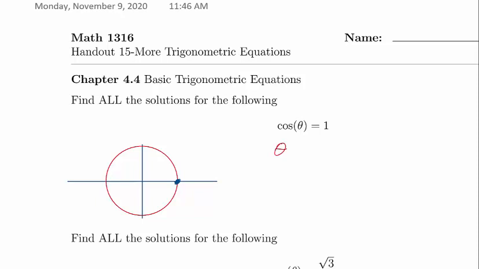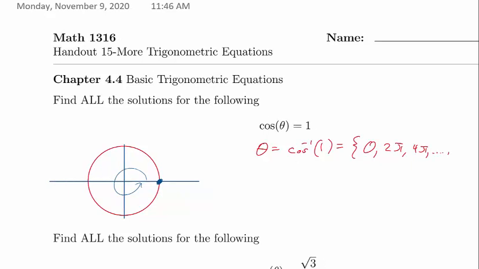And so you set this up, you take the inverse cosine of 1, and you can clearly see that in one revolution, it's only 0. However, if we do not have that restriction, we can see that this keeps going on. It's also 2 pi, one full revolution. It's also 4 pi, and it keeps going on and on and on